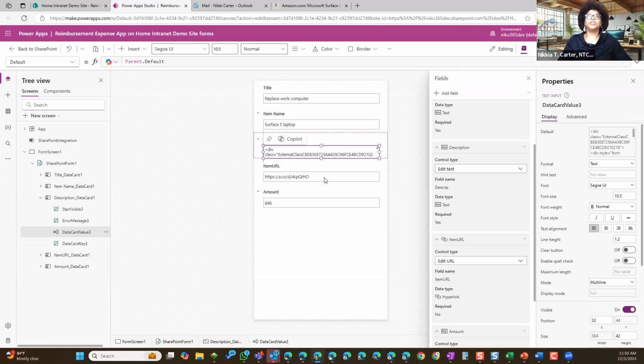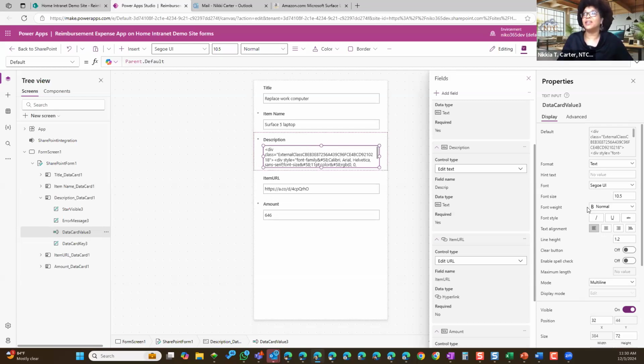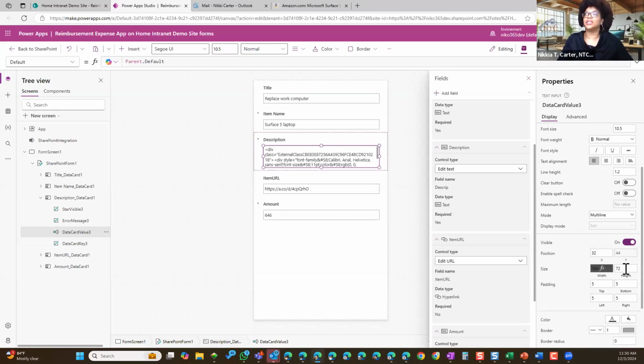So I'm going to just stretch it. Now you can set the height instead of doing a stretch. You can actually set the size, the height right here, to a specific number amount if you want, or you could just do the stretch like I just did a second ago.